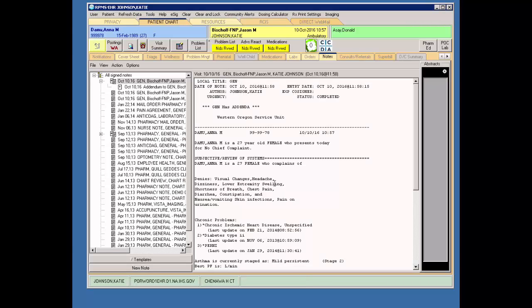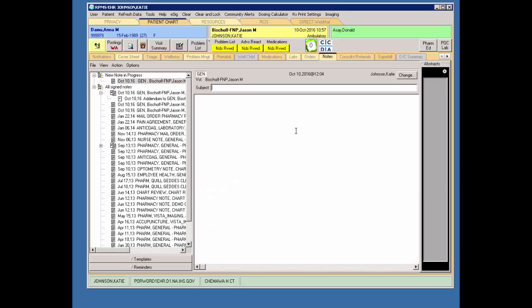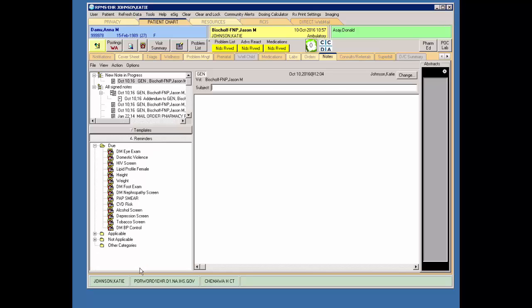So one final note about the templates is, remember I said there were some specialized templates that can save you some clicks and get some structured data from your template into the other areas of the EHR. And these are called reminder dialog templates. A few sites have taken it further and made some other regular note templates into dialogs, but